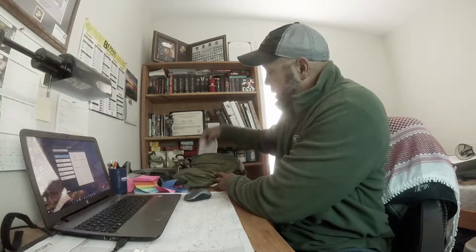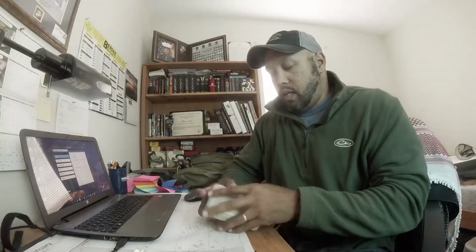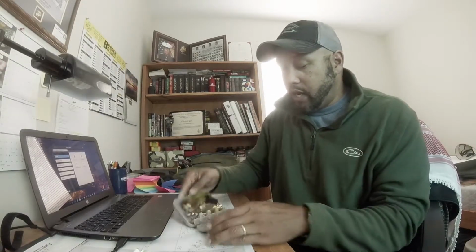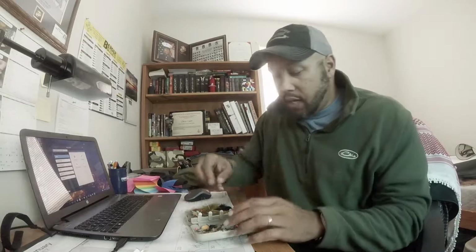So I went out and waded down the river and got a chance to use some of the flies that I got with my Postfly, and had some marginal results with them. Nice little Orvis box. Some of the flies that I used